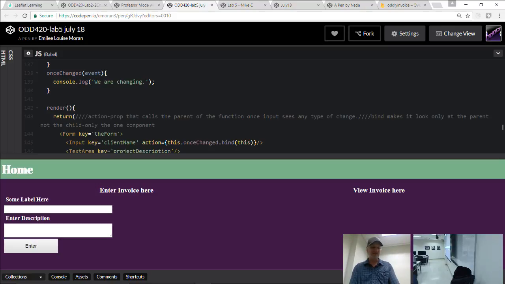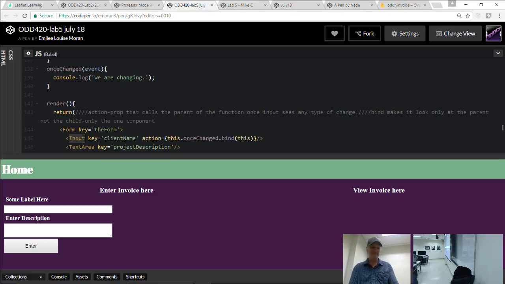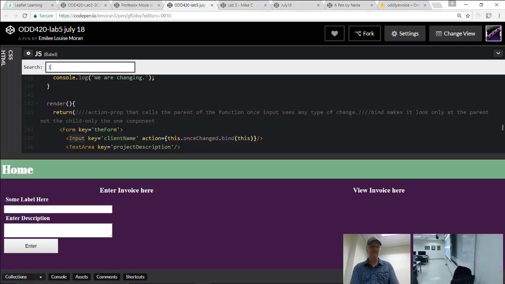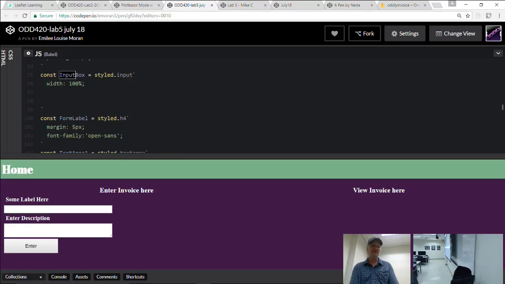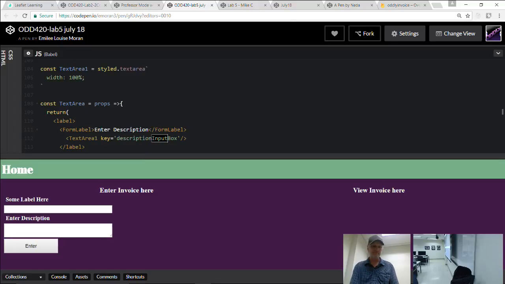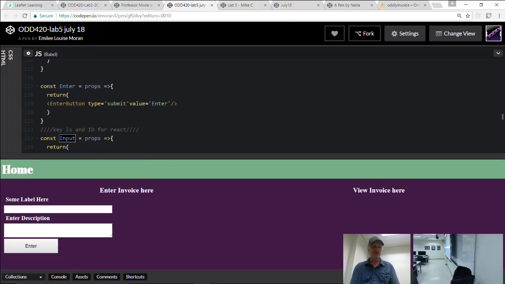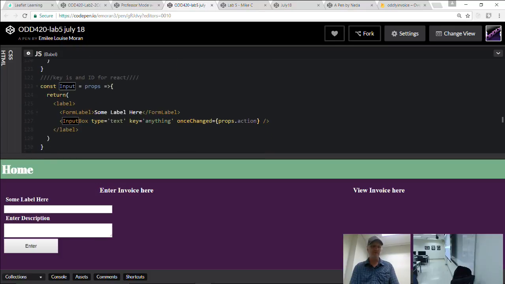So then let's look in the input and see if it's maybe using the right prop. Here we go. Uh-oh. That's what it is. That onChange, that is specific to input fields.